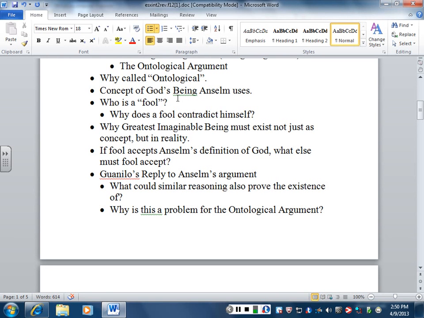He says, look, I could develop a parallel argument that used the same reasoning and prove the existence of the most perfect island. Now, frankly, I've never been satisfied with Anselm's response here. But Anselm's response is to try to say that somehow the case of God is unique. And Descartes incorporates this into his version of the argument. But basically,